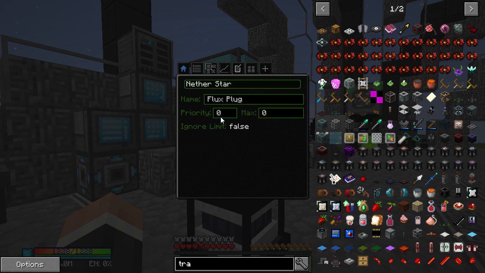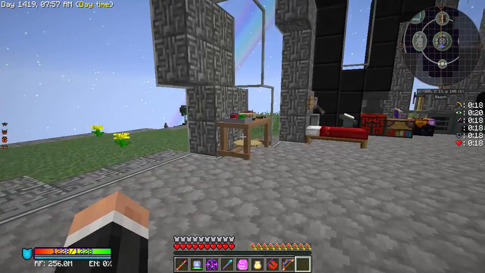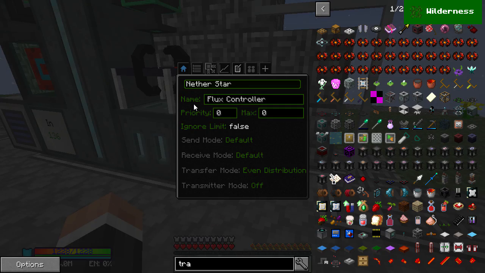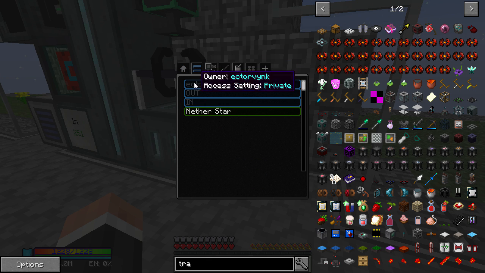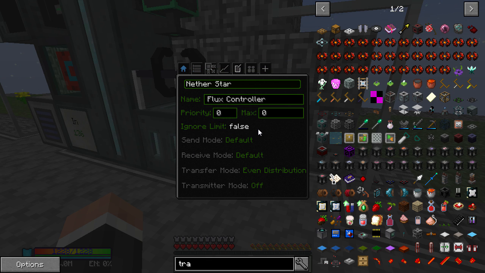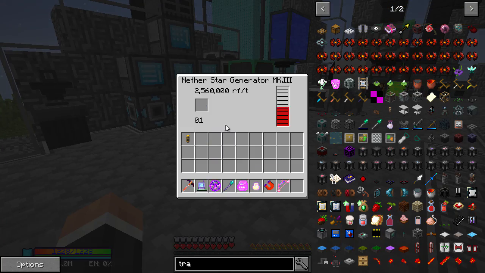What you need to do is set priority to 0, put the maximum at 0, and ignore limit to false. And this is what I've just learned, because I was having trouble getting this to work. You then need to go to your Flux Controller, pick the one that you want, then go home, and you get these additional options. You need to put this to 0 as well. That's what wasn't working initially for me when I tried to do this. But once you do that, what you can do is...